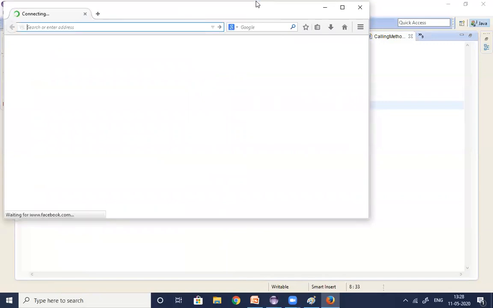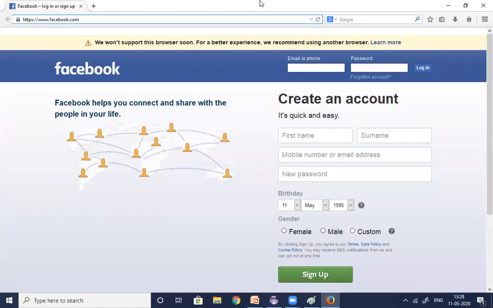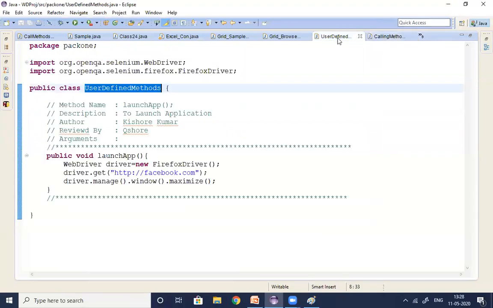In this method, I hard coded the URL. So that means you can use this method only for launching the Facebook application, because in this method I mentioned the URL as the Facebook application. Now see, it is launching the Facebook application. But in future, suppose we completed working on the Facebook application and we are working on the Yahoo Mail application now, for example.